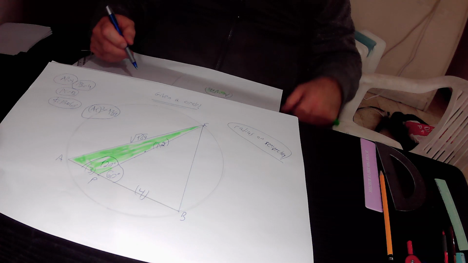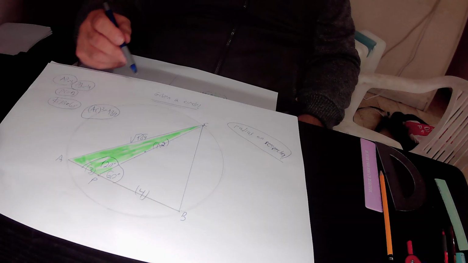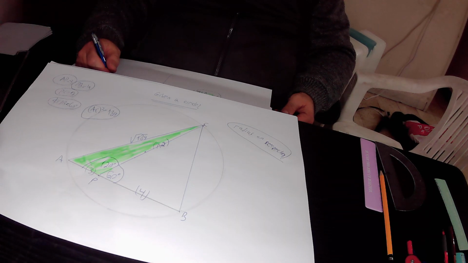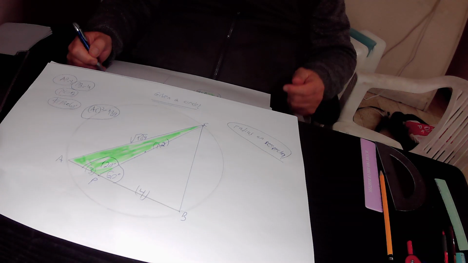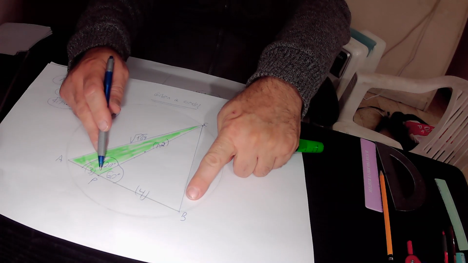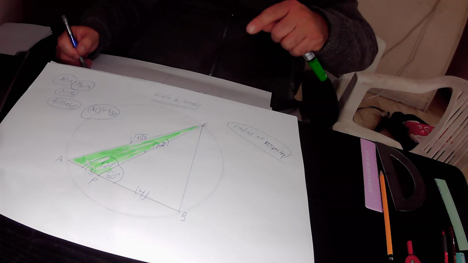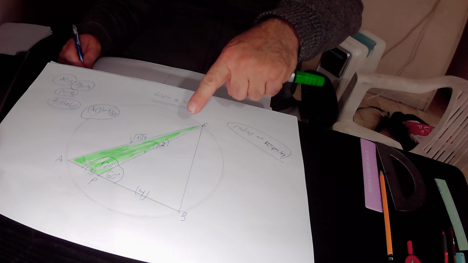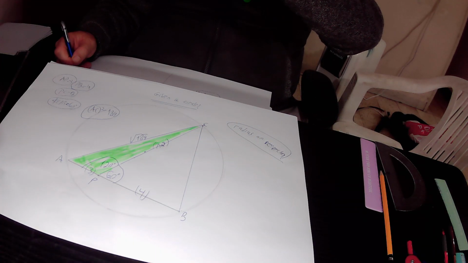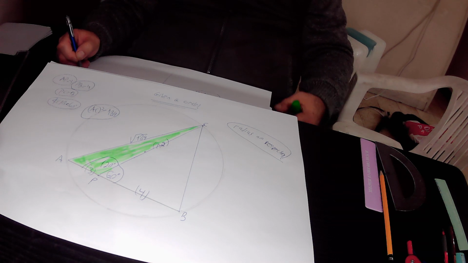equals CP squared. CP is 12, therefore CP squared is 12 squared, that is 144, plus PB squared. PB is 4, therefore PB squared is 4 squared, that is 16. Minus 2 times CP, that is 12, times PB, that is 4, times cosine 60 degrees. Cosine 60 degrees is 1/2. So we find out that